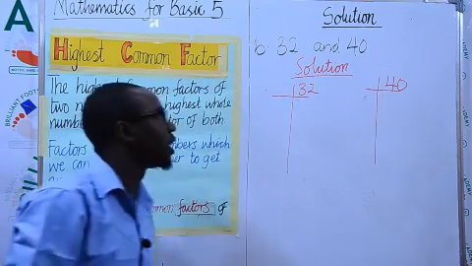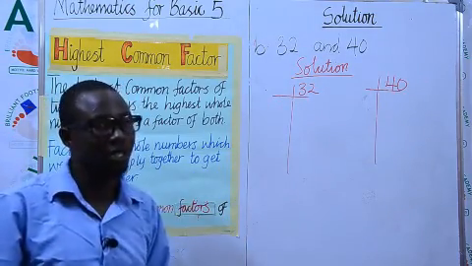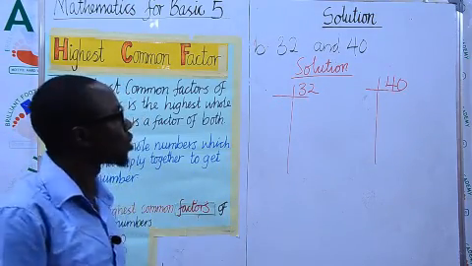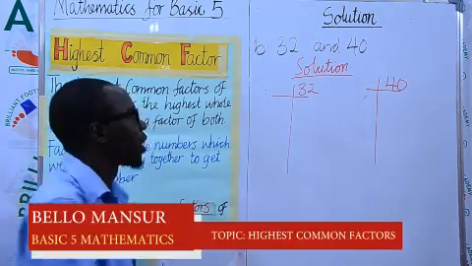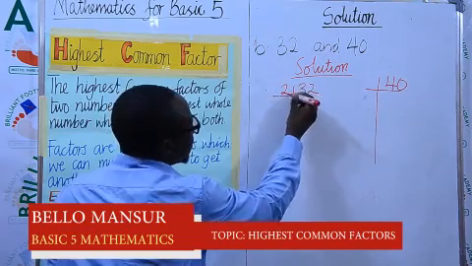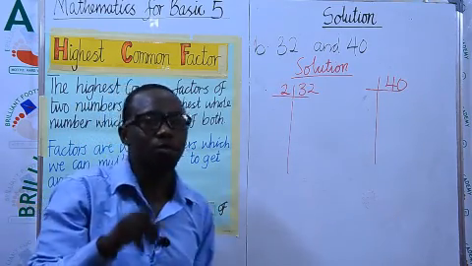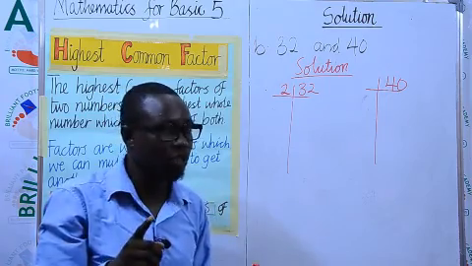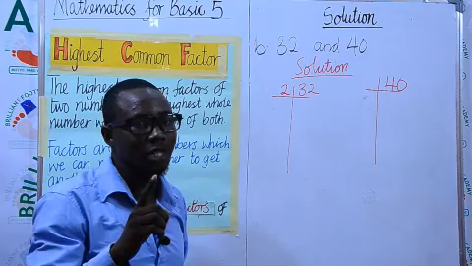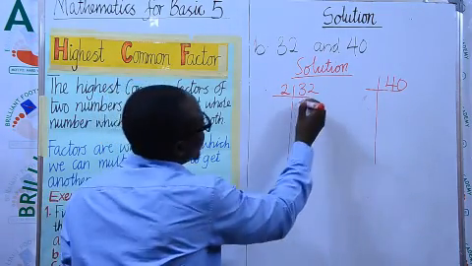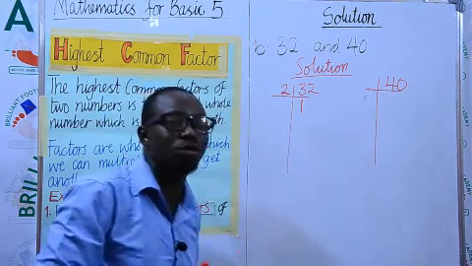I hope you understand. Now, looking at this number, can 2 go in 32? Definitely. But let me teach you a trick on how to divide a number using a little trick. Now, let's go. We have 2 here. Now, 2 can go in 3. But the problem is we have a remainder. It's not a problem. Now, how many times will 2 go in 3? It will go only one time. Remember 1. So we have our 1 here. Just add that 1 at the front of this to make it